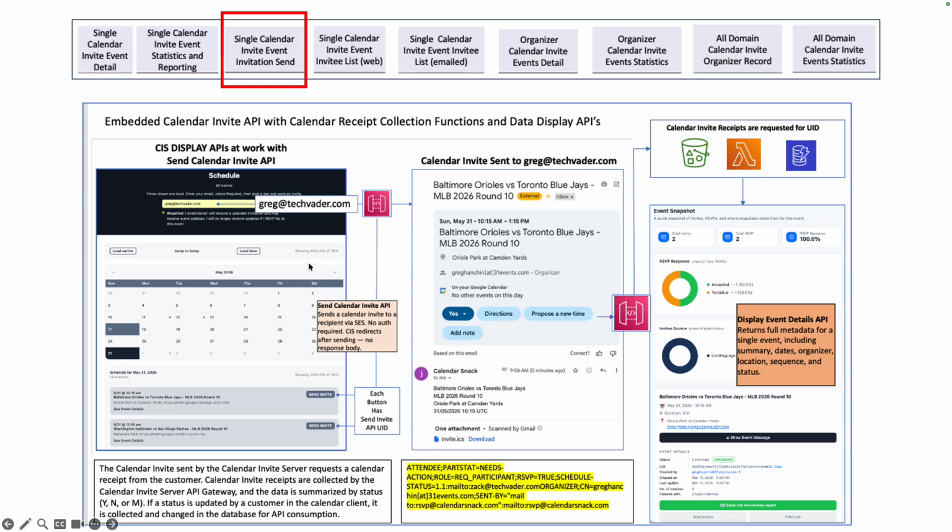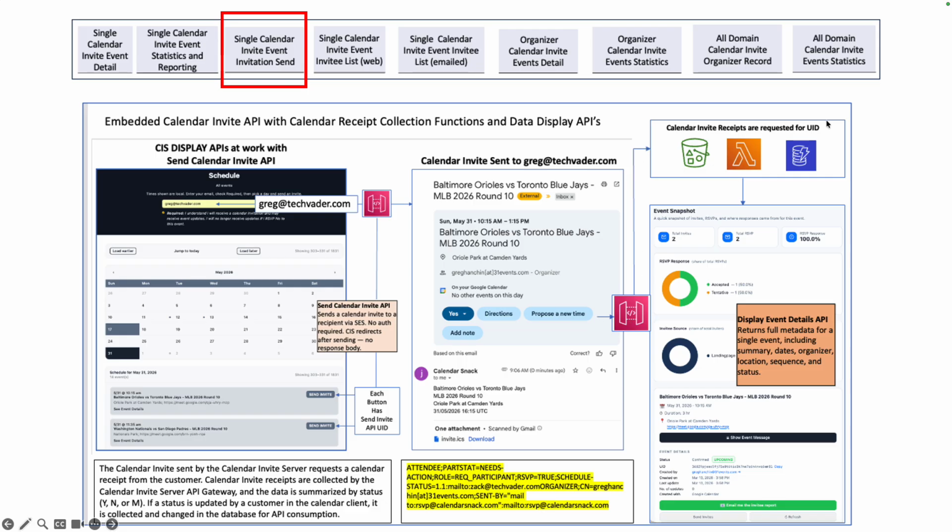So this workflow here, someone like Greg is shared the MLB schedule. He picks out what games he wants to go to using the display interface for the scheduler. Puts in his email address. He clicks a couple buttons here, and he gets sent the particular games in which he wants to be sent. And what he has done here is said yes, no, maybe, hits the API gateway, goes back to this bucket here,